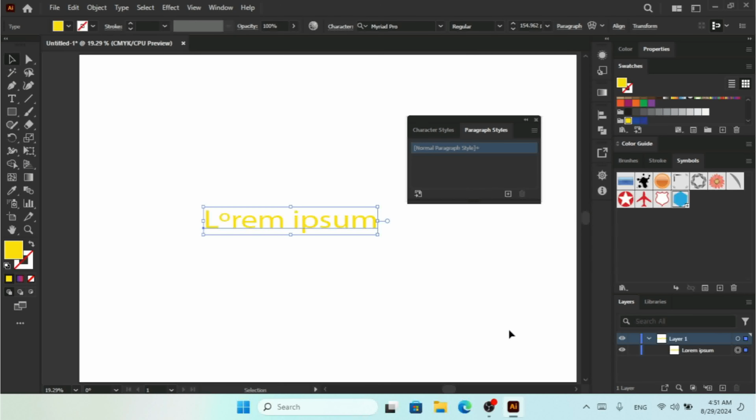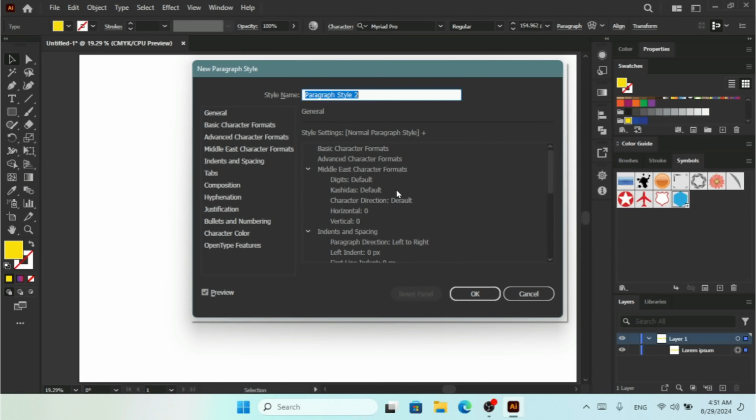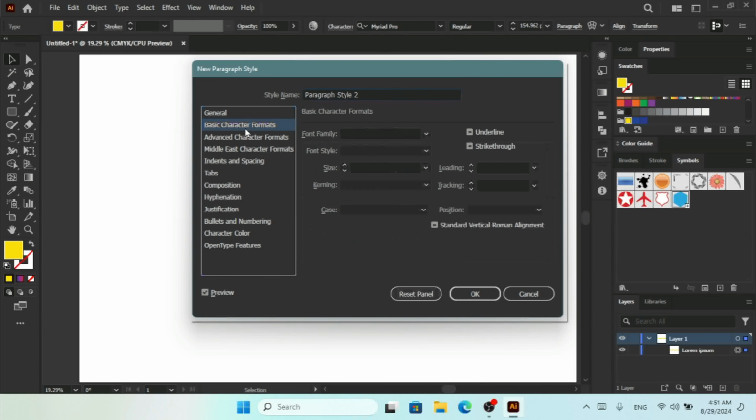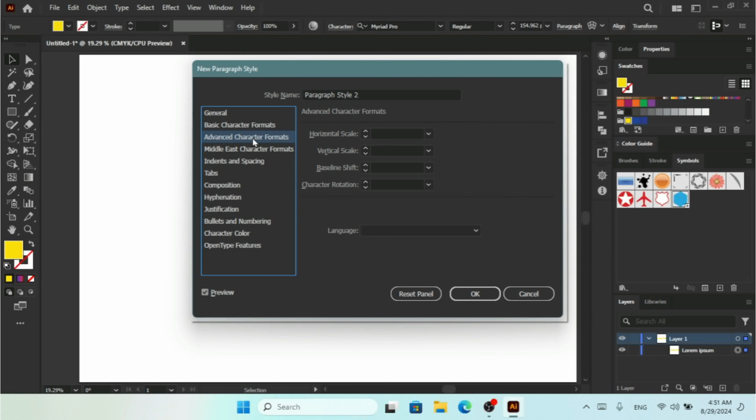So we have paragraph styles. If you want to add a paragraph style, just click here and you can add a new paragraph style. If you click here, it's going to open the same as you can add for the text. You want to add any style, so now for paragraph you can add. So there we have all the options for paragraph available: basic character formats, advanced character formats, Middle Eastern character formats,